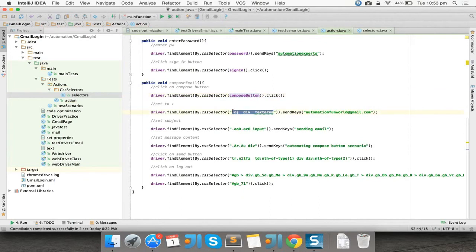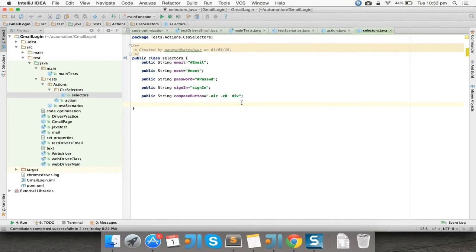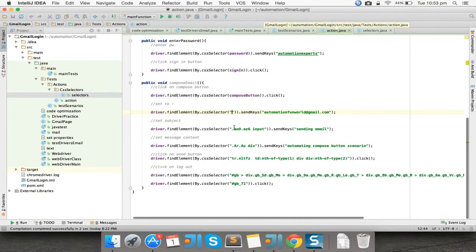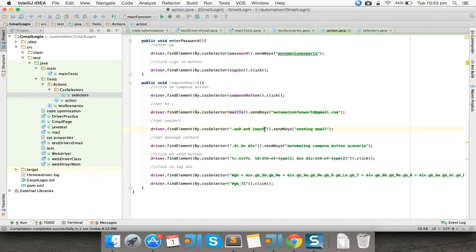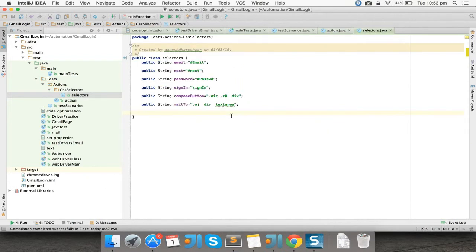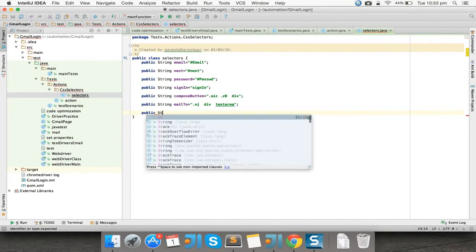Okay, and at the same time set the to field, right? I remember, public string mail to. I'm going to rename it as mail to. If I just put two, it does not make sense. And after some time, I may forget what name I gave, and I start searching again for the purpose of this selector, and should understand the entire code. It takes double time, right? So it's better